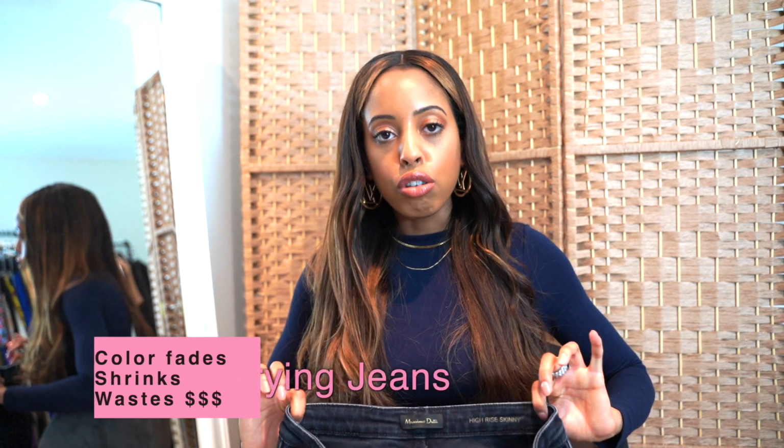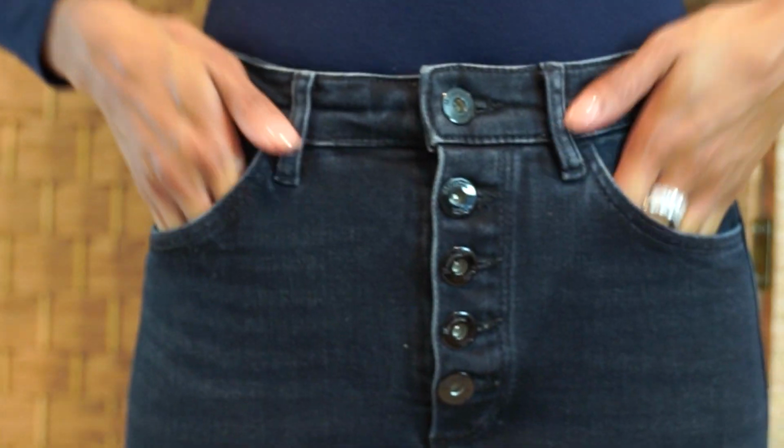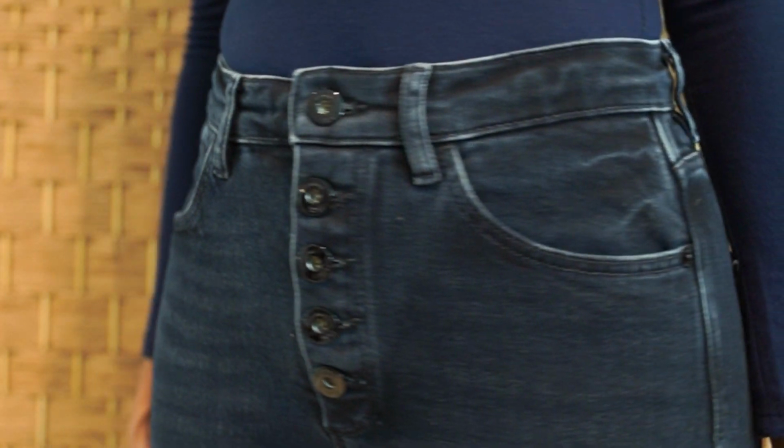The reason why I also like these is that this is not a mile high rise. It's still a high rise, but nothing too crazy. It hits very nicely at my belly button. So I will go into detail that I have a short torso and long legs. So I'm only 5'5", so it can be a bit of an issue sometimes because the inseam needs to be